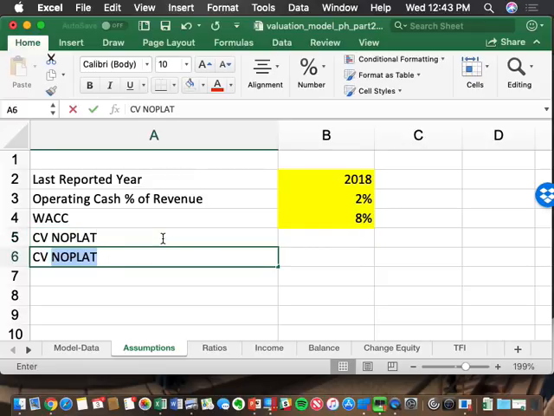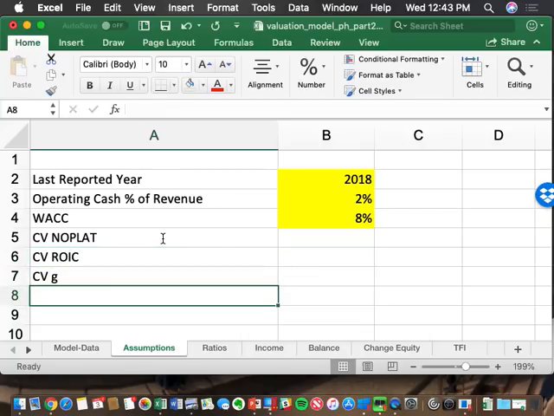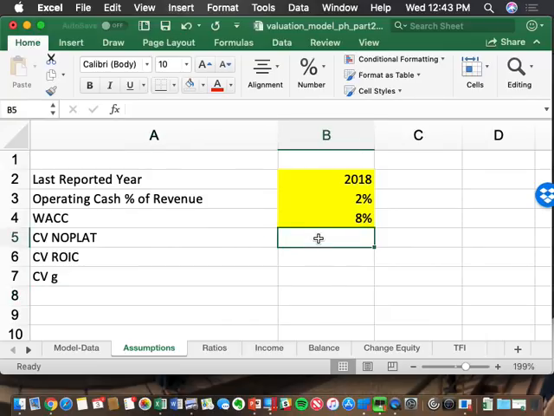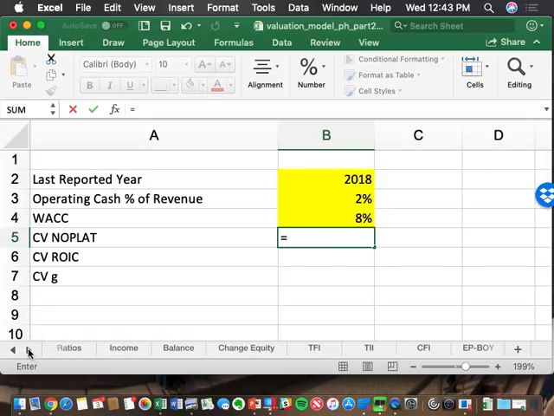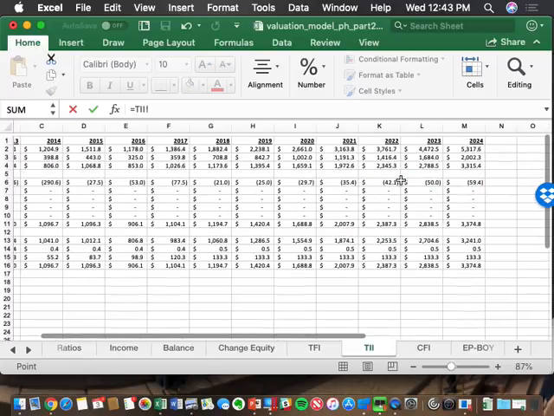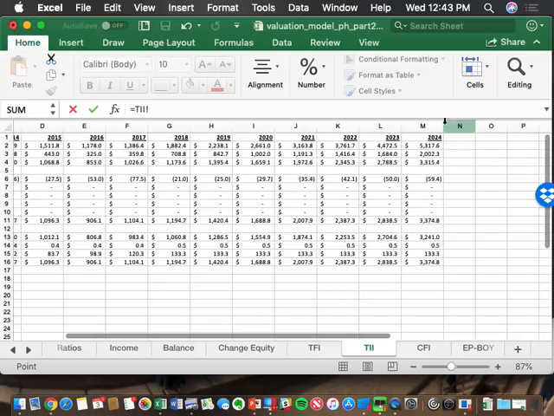I'm going to need a continuing value ROIC, and I'm going to need a continuing value G. Those are the other things besides the WACC that I need to complete the continuing value formula. Now, the continuing value NOPLAT, I'm going to get B5 here equals, off of my TII, we have a forecast for NOPLAT. That is row 4, and the final year continuing value period, 2024 NOPLAT is M4,